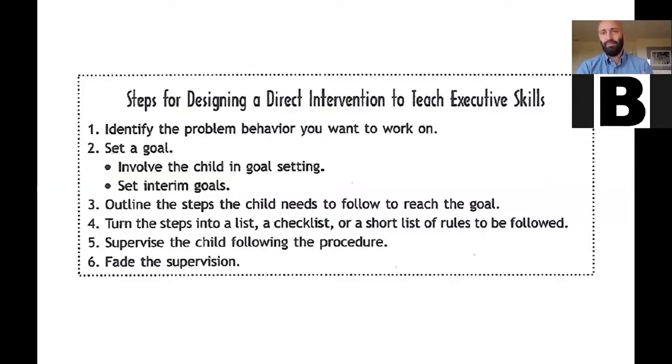Set interim goals, which is what we do when we're setting IEP goals, or even just accommodation goals. Outline the steps the student needs to reach the goals. Make a checklist for them. Supervise them, and then fade your supervision, right? So we're teaching them, we're setting our goals together. It could be an IEP goal. It could be just a goal for this one class. And then sort of teach them what they're going to do, give them a checklist, something like that to follow what the guidelines are. And then take data on how it's going, and then try and fade your supervision there. So that's sort of how to,